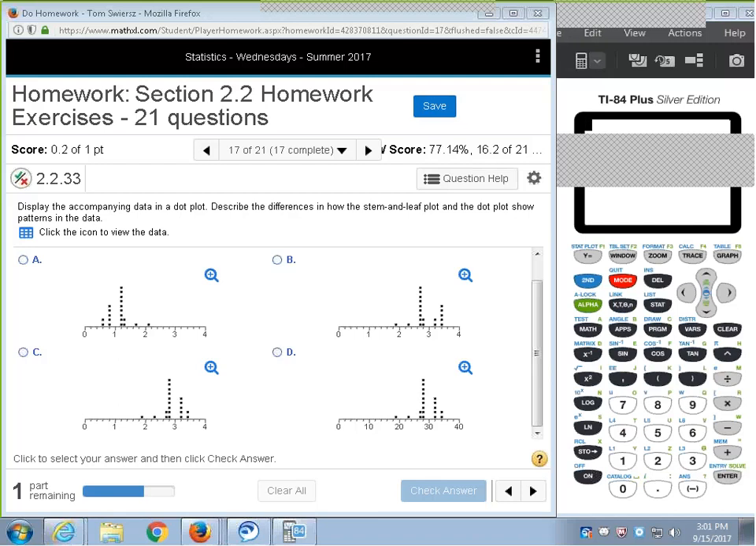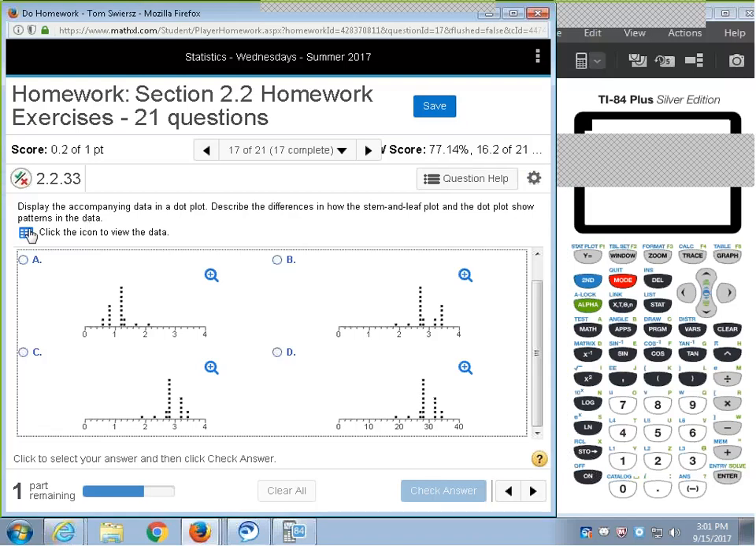Okay, let's go ahead and solve homework exercise number 17 from section 2.2. Display the accompanying data in the dot plot. And a dot plot describes differences in how the stem and leaf plot shows the patterns in the data. So, if we click the icon to view the data,